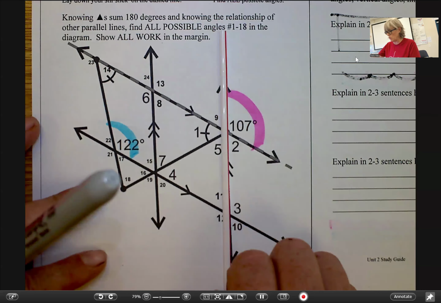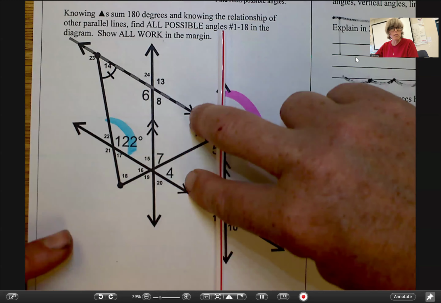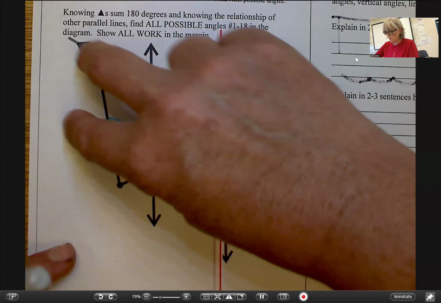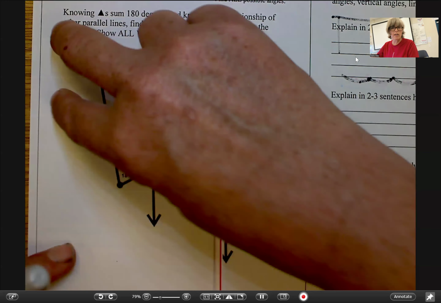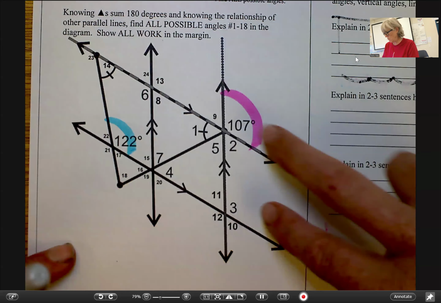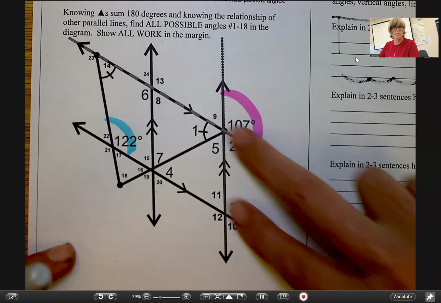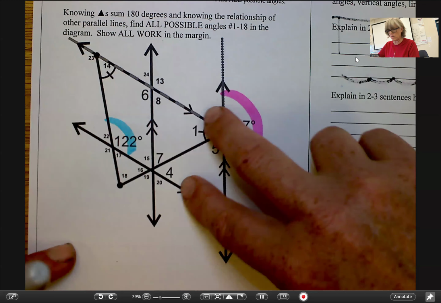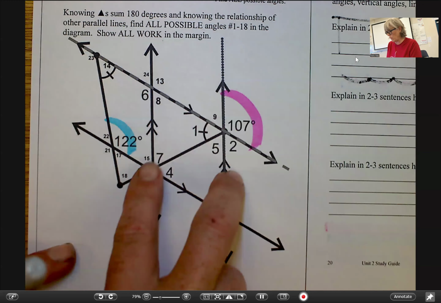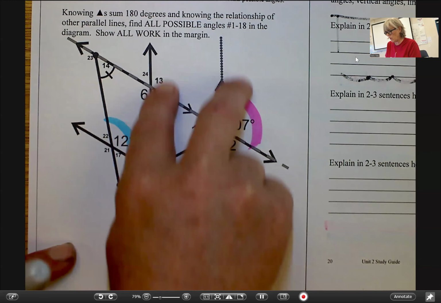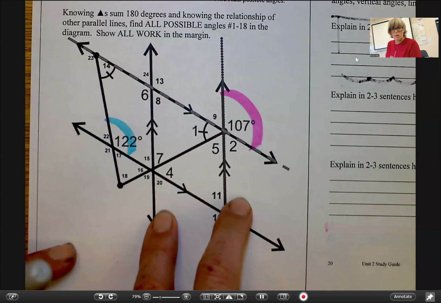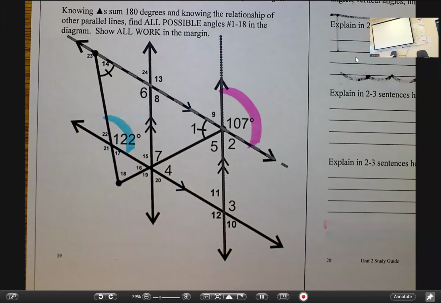Well, first thing you want to do is see the parallel. Just trace parallel lines with your fingers. Just trace them. So you got parallel there because of the arrow feathers. And you have parallel going this way. So because you have parallel,